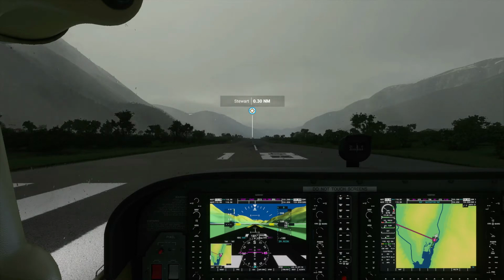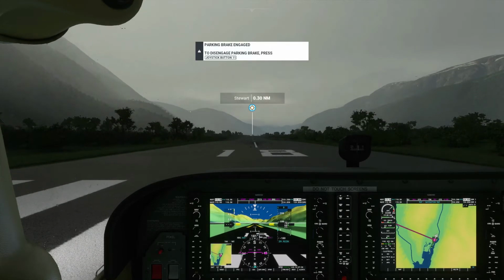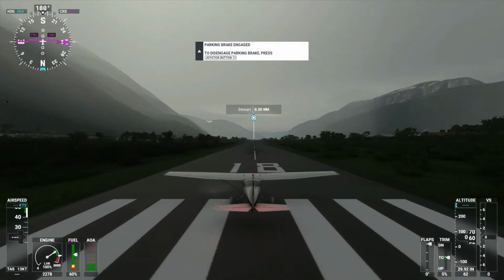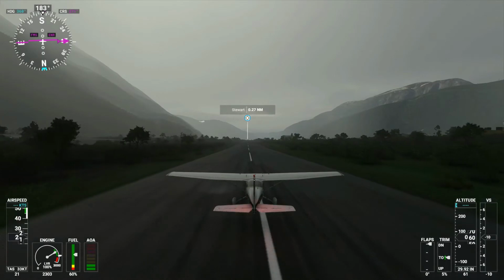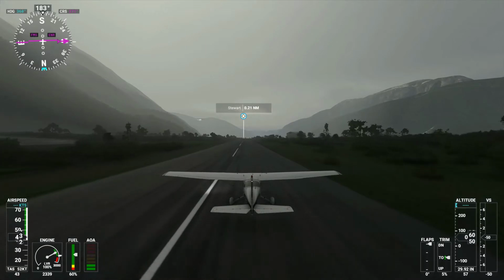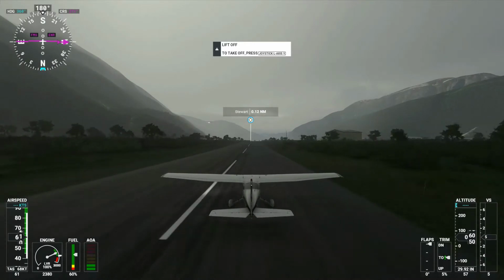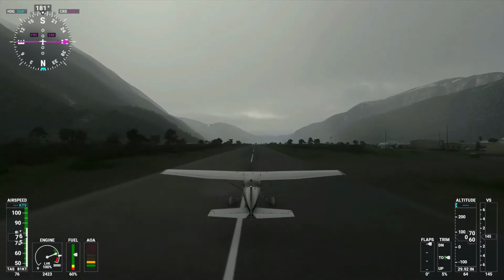Just going to take off southbound and turn northwest. As we take off into the rain, we're going to have to lift up some fairly substantial elevation, so we've got to get right over top of those mountains to head off towards our destination. We're flying a Cessna 172 Skyhawk,